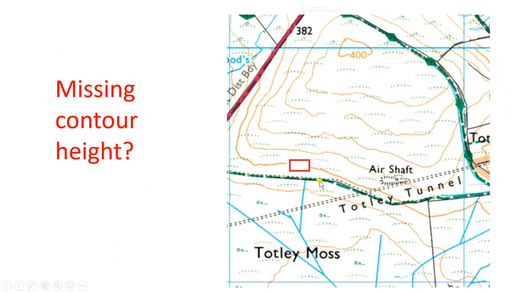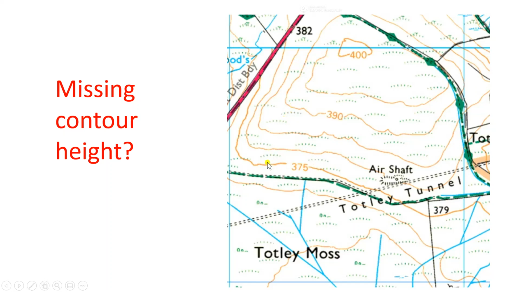Okay, this one, missing contour height. At first glance you might go, well, that's easy. If that's 400, you might come downhill to 350. But there's a clue here in a spot height of 382, which will mean that this contour line here is 380. So if that's 380, that's going to be 385, 390, 395, 400, which would make this